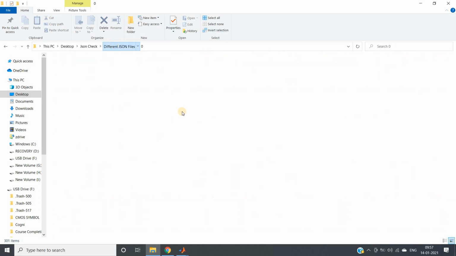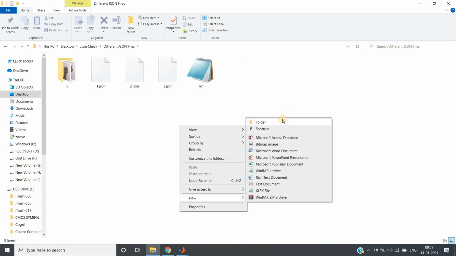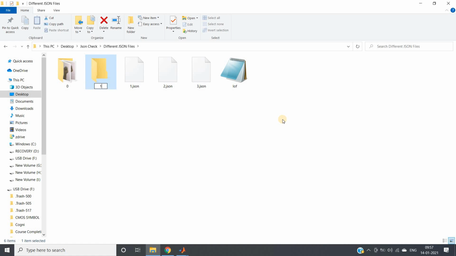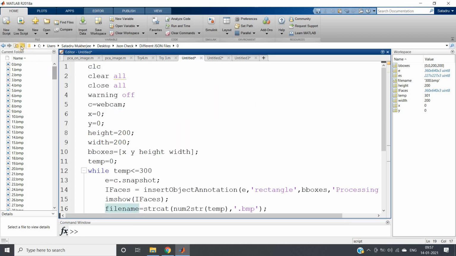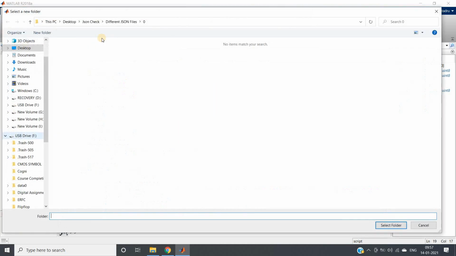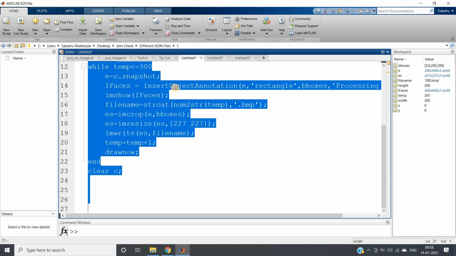Okay, I'll go out of this and create one more folder for 1, storing gestures of 1. I'll close this, and from this particular 0 folder I'll change my current directory to the 1 folder, so that all the images captured will be stored in the 1 folder. Okay, Control A, again we'll run the same code, no modification required.